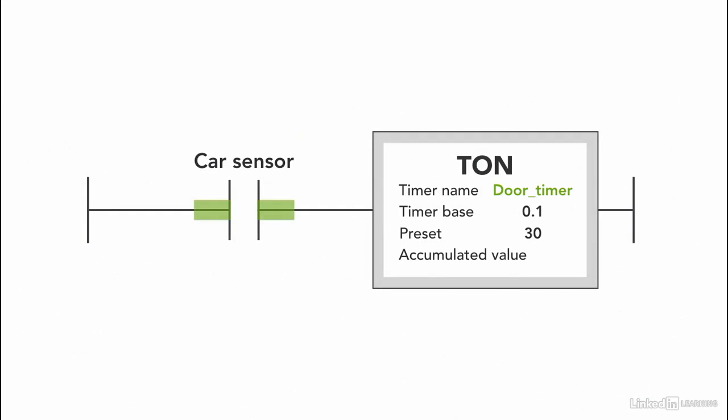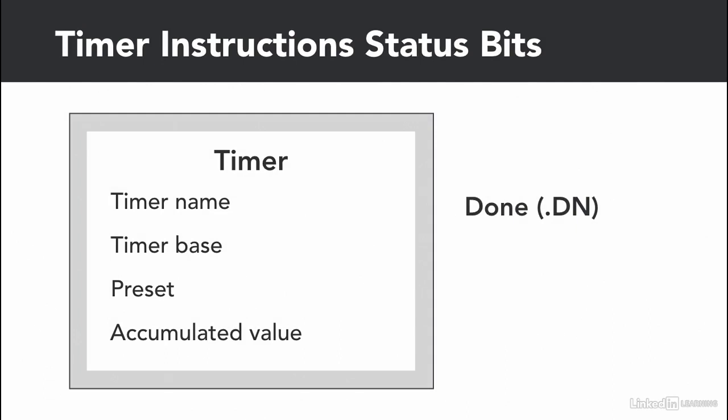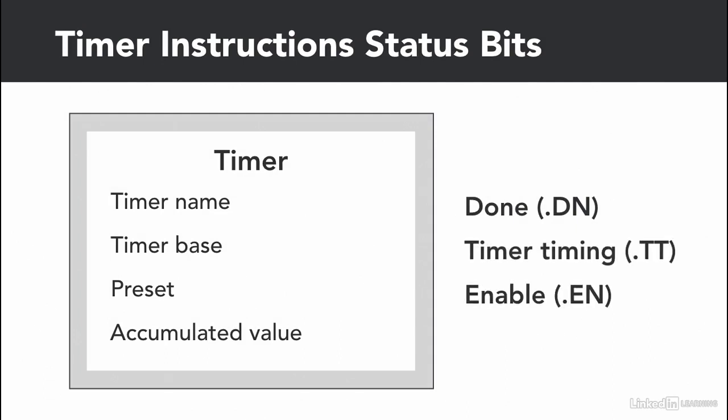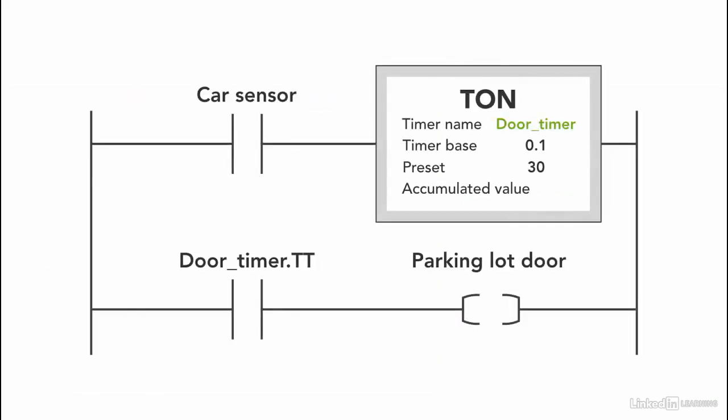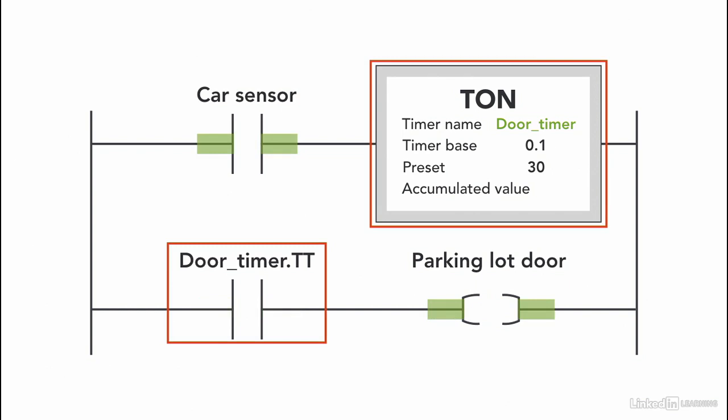So now I need to add the parking lot door so the door stays open for 3 seconds. Remember that we have 3 status bits for the timer, so I need to select the bit that makes the door open while the timer is timing. So in this case, we are going to select the timer timing bit. Now, as soon as the car comes in, the sensor detects the car and the timer starts timing for 3 seconds. And during that time, the door opens and stays on for 3 seconds. As soon as the timer reaches the preset, which is 3 seconds, the timer timing bit goes to false and